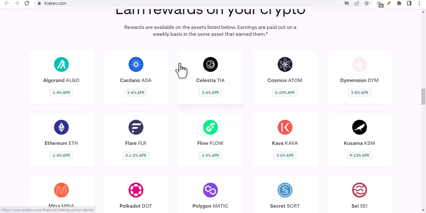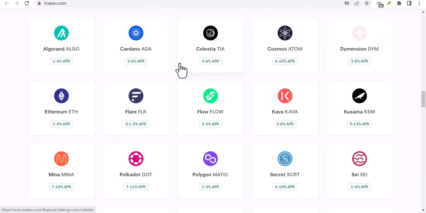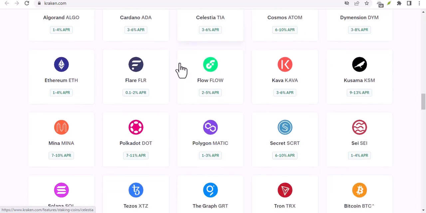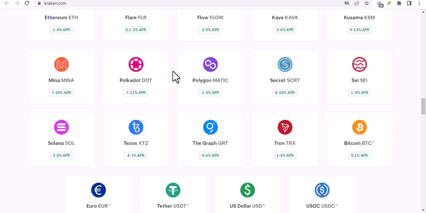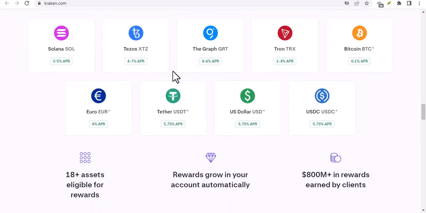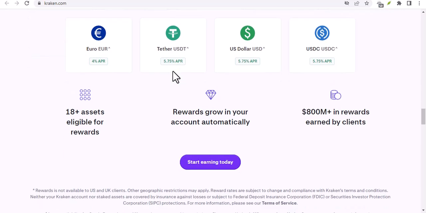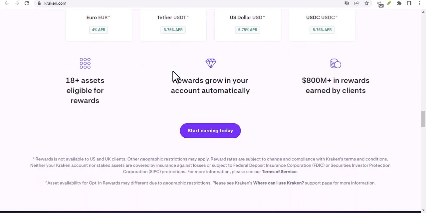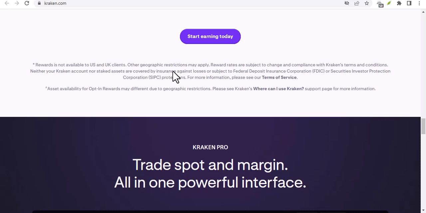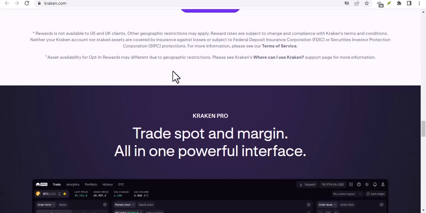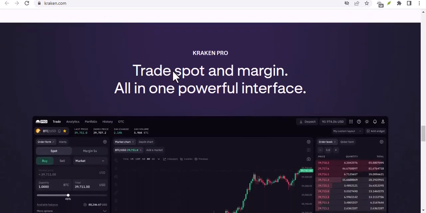Tips for trading USDT on Kraken. Start small. If you're new to crypto trading, it's always advisable to start with small trades to familiarize yourself with the platform and the market dynamics. Develop a trading strategy. Before you start trading, it's crucial to develop a well-defined trading strategy that aligns with your risk tolerance and investment goals. Stay informed. Keep yourself updated on the latest market news and developments, as this can significantly impact the price of cryptocurrencies, including USDT. Utilize Kraken's features. Take advantage of Kraken's advanced trading features, such as stop-loss orders and margin trading, to manage your risk and potentially